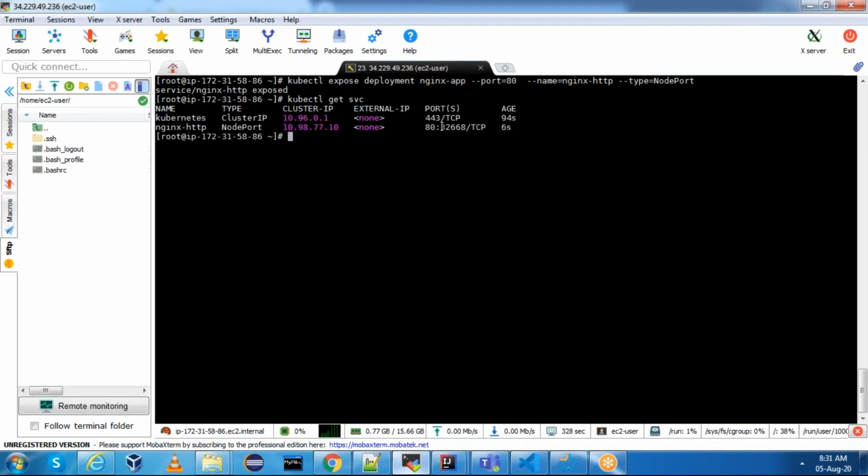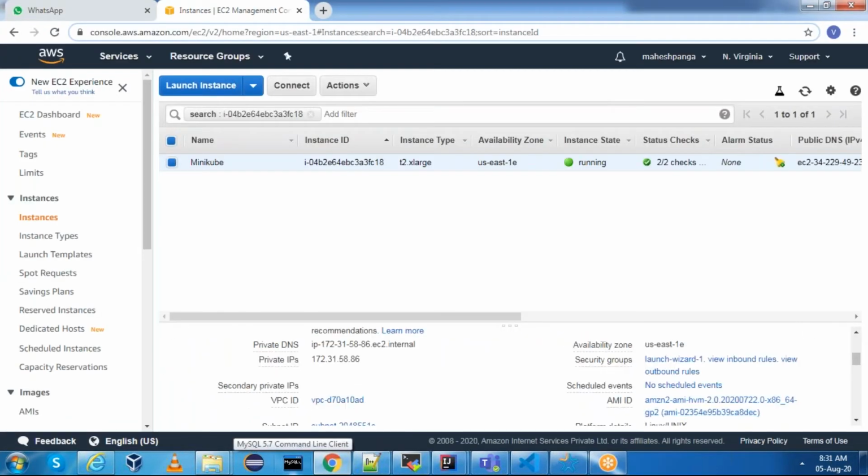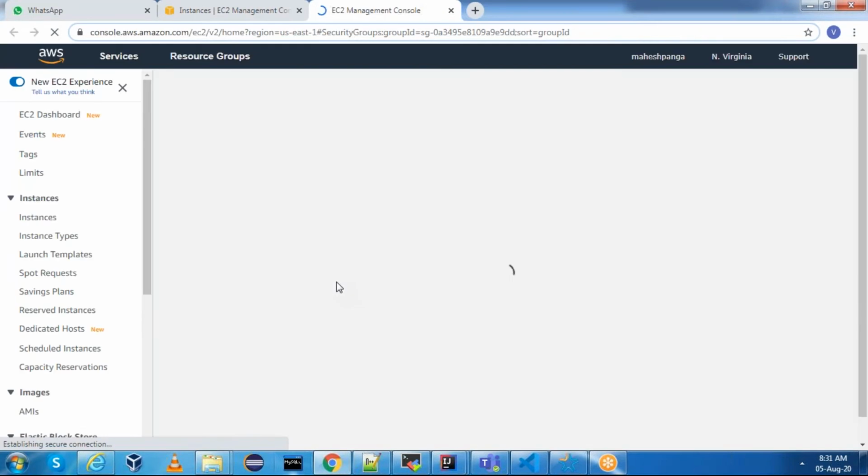Which port number is it allowing? 32668. We need to allow this in the security group. Go here, go to the security group, open 32668.